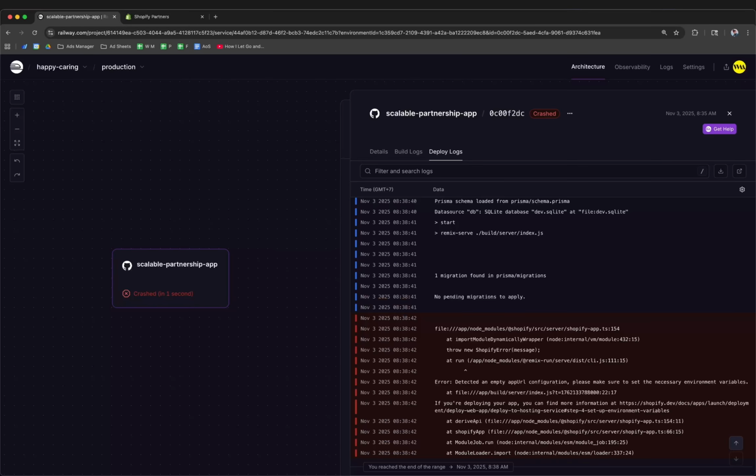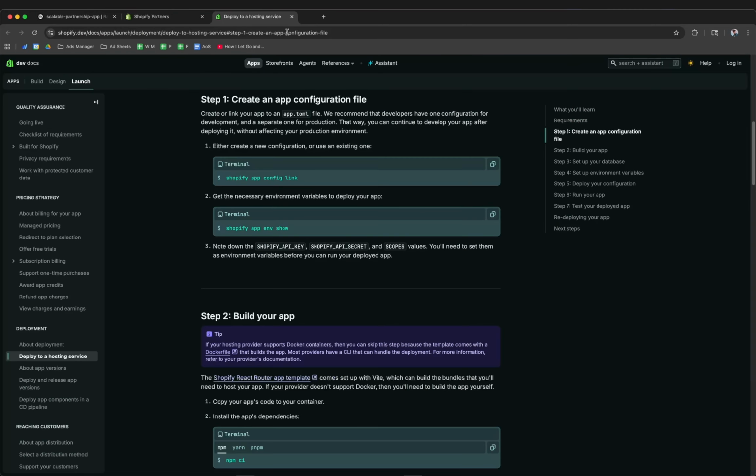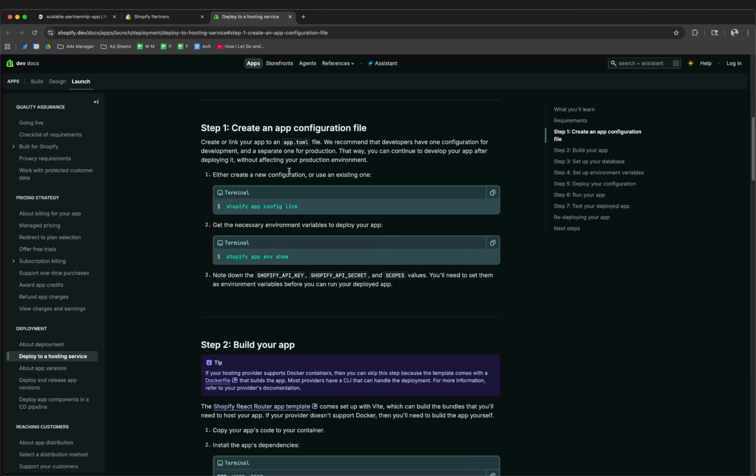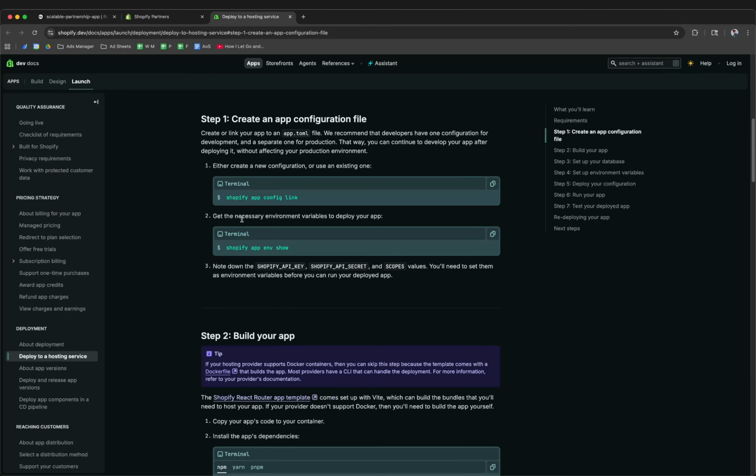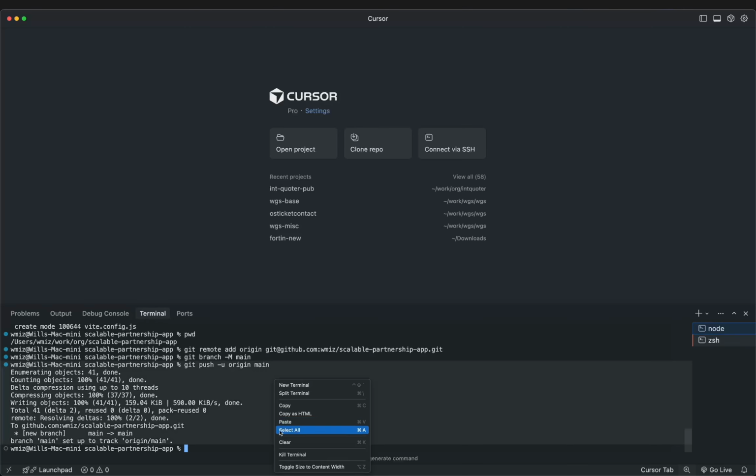And so I'll display that for you guys right now. This is letting you know how to actually deploy to a hosting service, which is what we're doing. And so either we're going to create a new configuration or we're going to link the one that we already have. What we want to do is use this command specifically to grab all the necessary environment variables to deploy our app. So you'll notice when I use that command here,